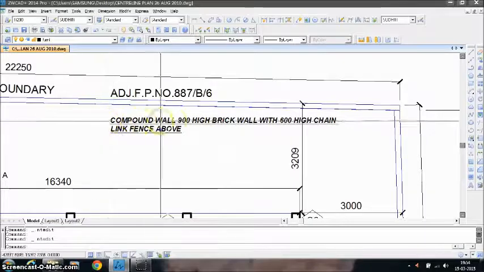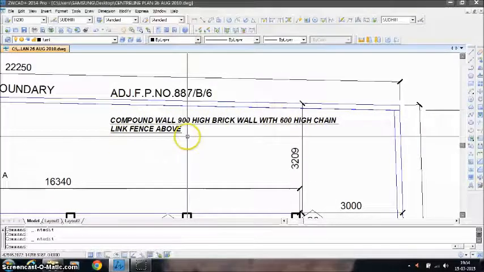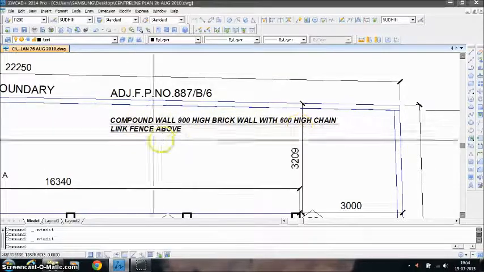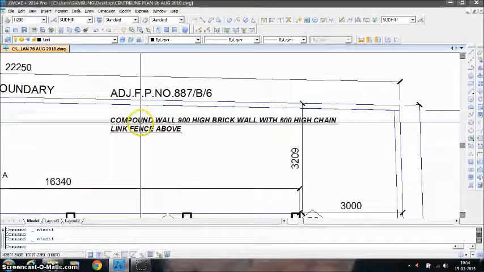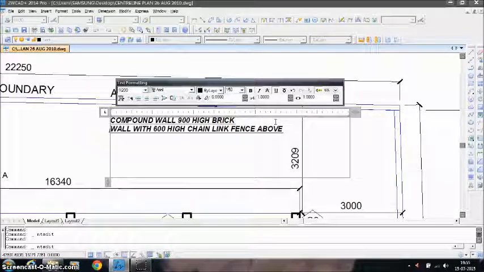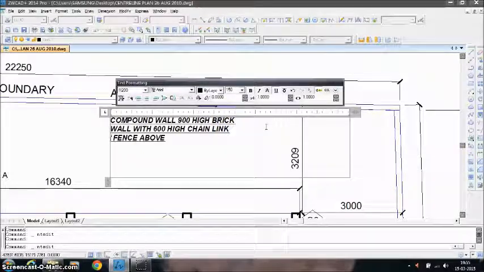Now let us say that you want to write this in 3 lines again. This is looking too much, this line is becoming too long and the second line is becoming too short. So I will go into this again, and I want to break this text somewhere here. I'll just click on this and press the enter button. This will come in the next line. Again I will go here and press the enter button, and it will come in the next line and so on. So here I can just say OK.